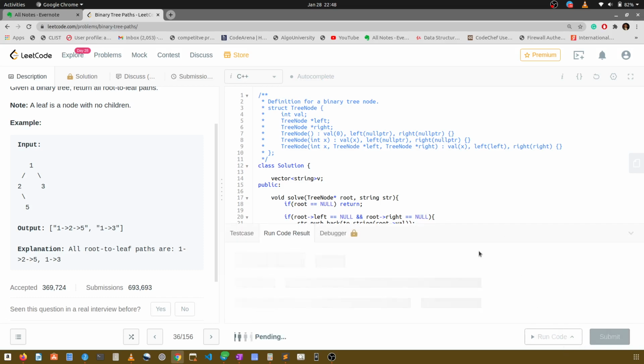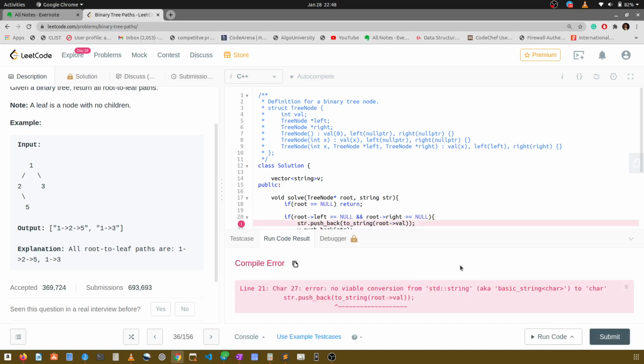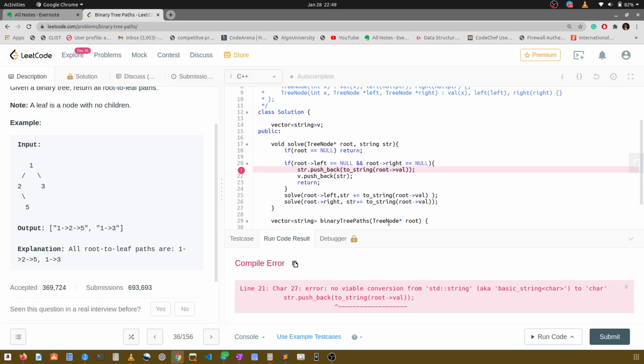Oh, what is this? str dot push back to_string root val. I think, any problem here? Okay, no problem. Let's append it: str dot append.